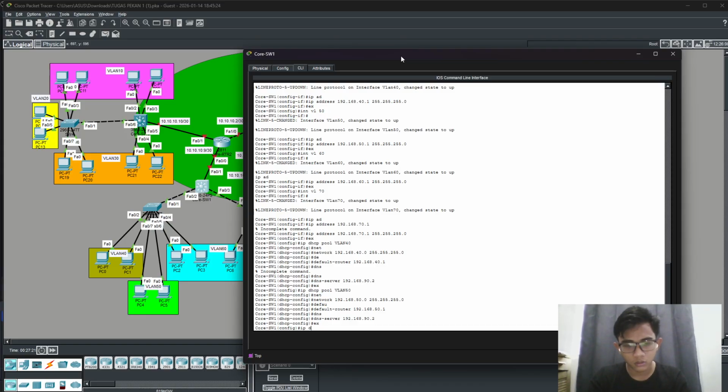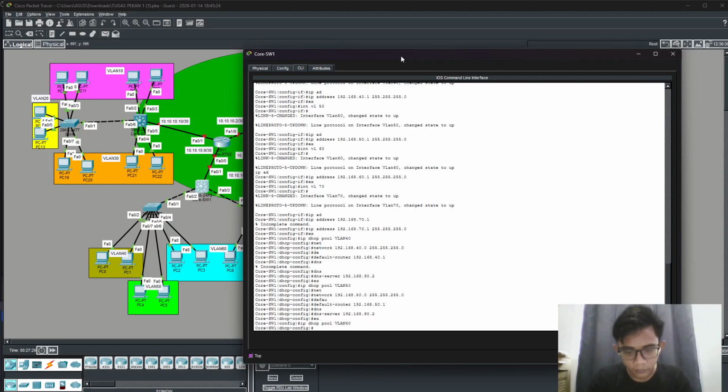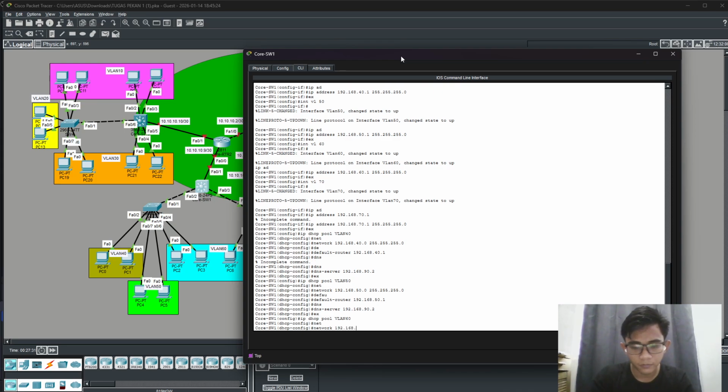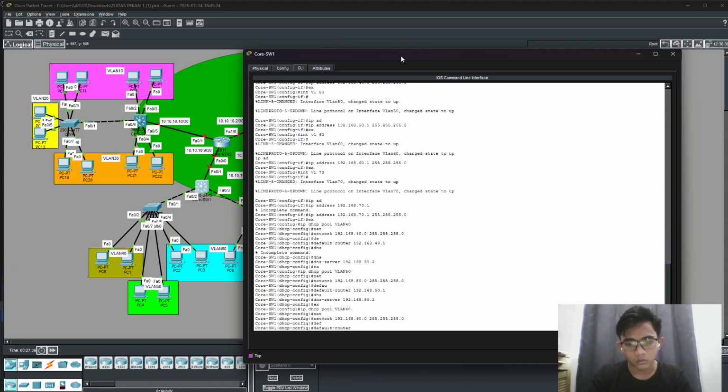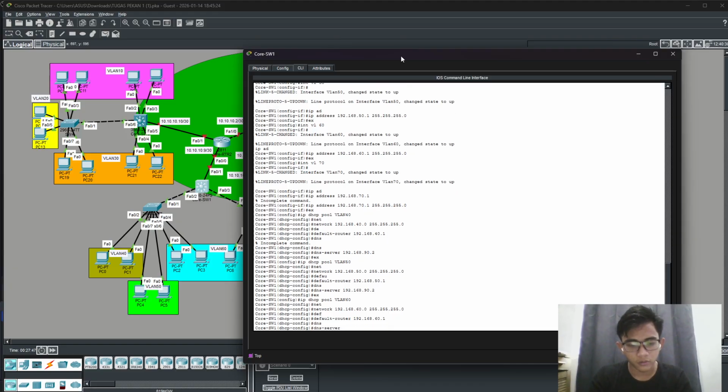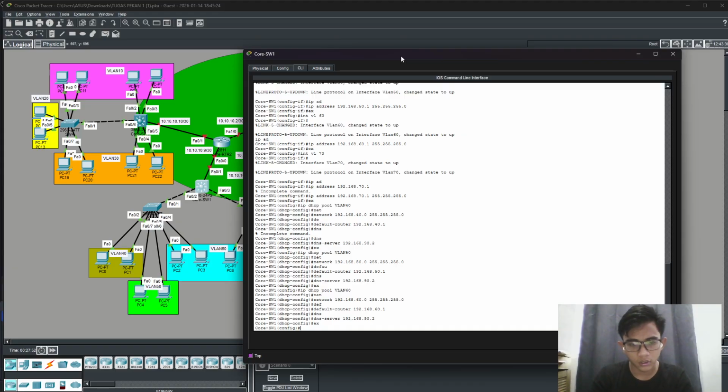Now the pool VLAN 50 is finished, 60 now. So network, default router, sorry, 60.1. And then the DNS server is the same. Okay, exit. And the last is the DHCP pool VLAN 70.